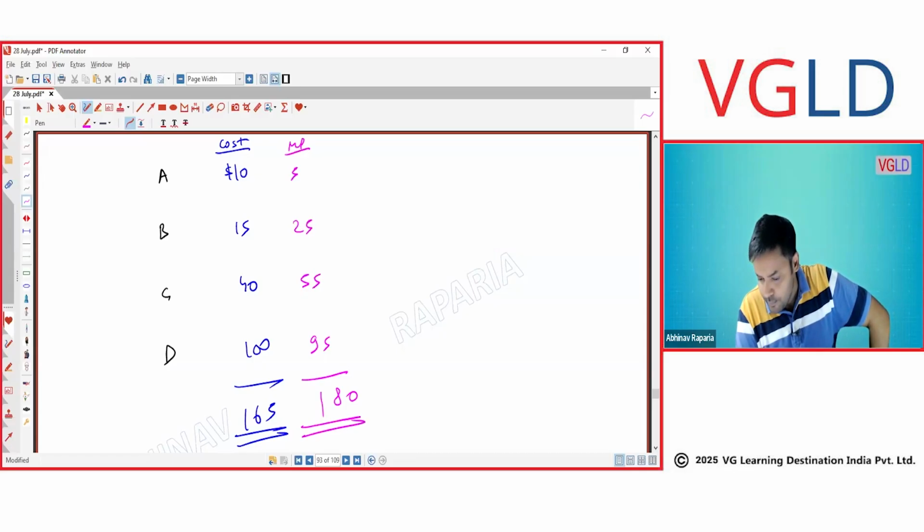Like what value should we value that? My question is, these are the various products, product A, product B, product C, product D. I have given the cost of all the products. I have given you the market price of all the products. I'm saying what should be my final inventory value, total inventory value? 180, because you are picking the higher value. You will pick the higher value.